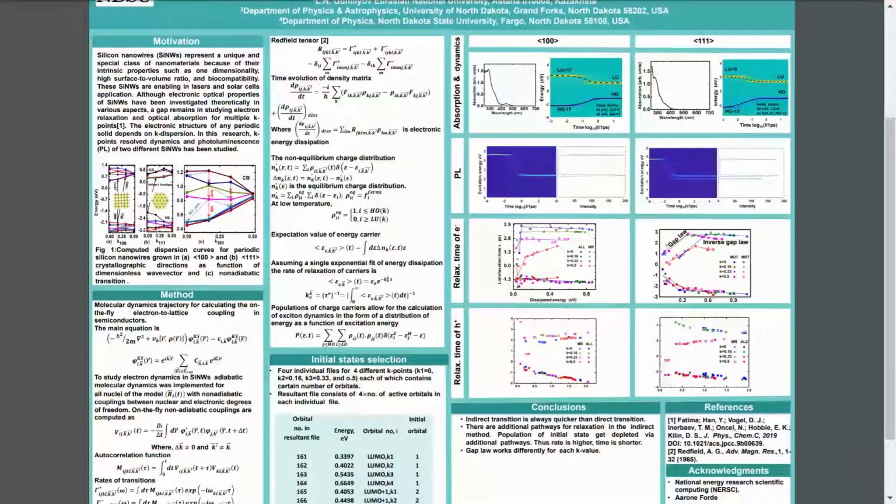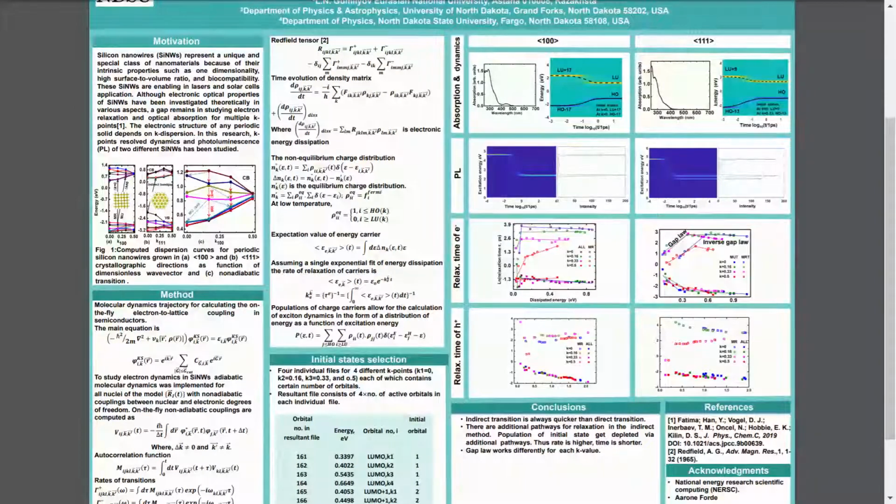So for calculating the on-the-fly electron to lattice coupling, we use this. This one is the main equation, the 1-electron quantum equation, and this is the solution of these equations. You can see. Once we have these equations,